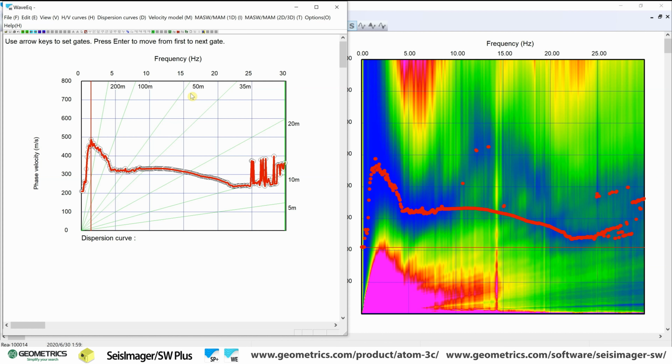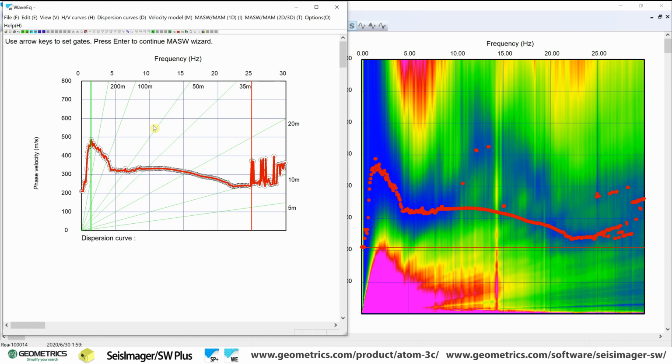So if you were confident with your interpretation that the geology was that stiffness of like 450 meters per second for the shear wave, then you could always level that peak off. But in this case, I think it's splitting hairs, and I just like to go with the highest point, and that's probably the most accurate usually. So we'll hit enter there, and then for the right side of it,